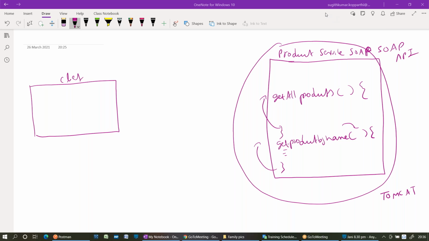Now, what is the port number it is listening at? What is the port number my REST application was listening at in the Tomcat? 7070. Now assume that I change the port number to 6060. The base path of this application is /SOAP.